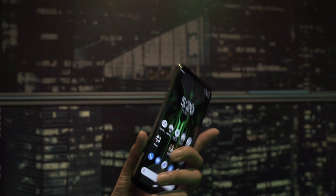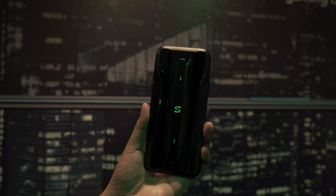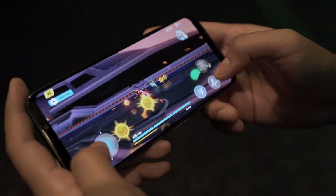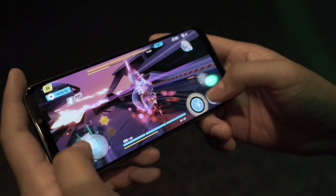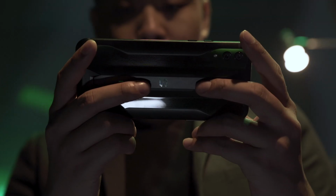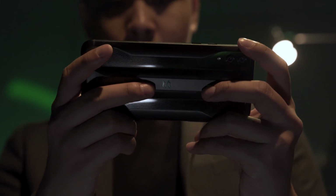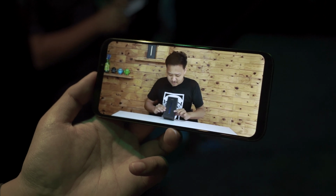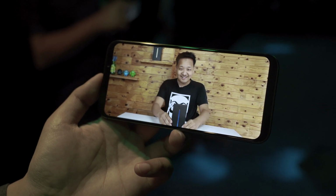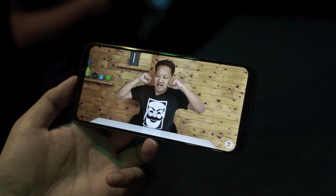So this is designed to be a gaming smartphone, so naturally a good place to start will be the gaming specs. This smartphone is powered by a Qualcomm Snapdragon 855 Plus processor, the new one from Qualcomm that's clocked at 2.96 GHz. That is then mated to up to 12 gigs of RAM and 256 gigs of UFS 3.0 storage. UFS 3.0 is that really fast storage that you find in the Note 10 and also the OnePlus 7 Pro. Then up front, you've got a 6.39-inch AMOLED display from Samsung, and it also features a 240Hz